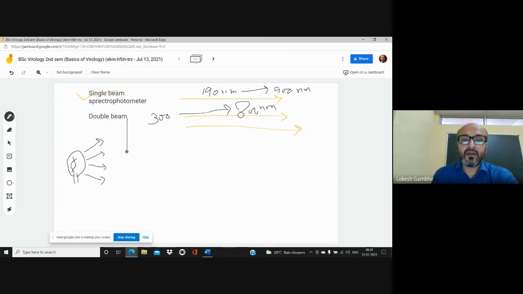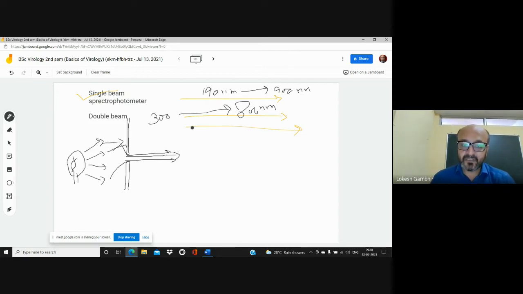So what do I do? I incorporate a slit method. Very simple thing. You have a lamp, and the lamp is giving a light. In the front direction, you apply a cardboard, a paper. In that paper, you open up a slit. So the complete light is falling, but only from the slit, a beam is coming out. That is the method we are using. The complete light is falling, but it is diverging, and then it comes out in the form of a beam. All the wavelengths are coming out in a linear fashion now.